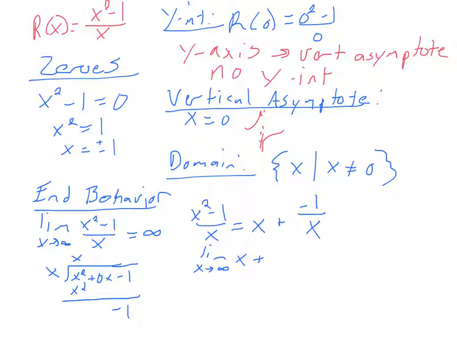Or it could just be x minus 1 over x, right? What do we see happens to the 1 over x part? As x gets really, really big, what happens to this quantity right here? It's really, really small. So this is really the only thing that matters, right? This keeps increasing, and so it's going to behave,